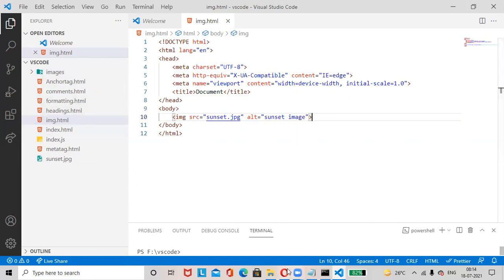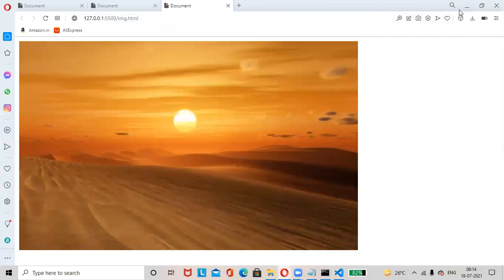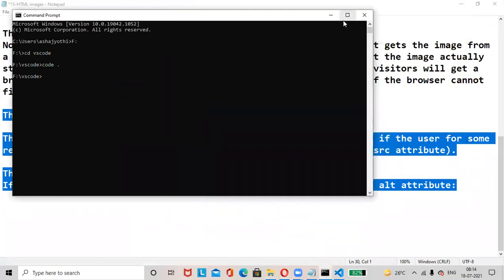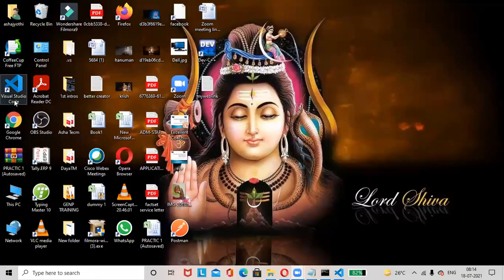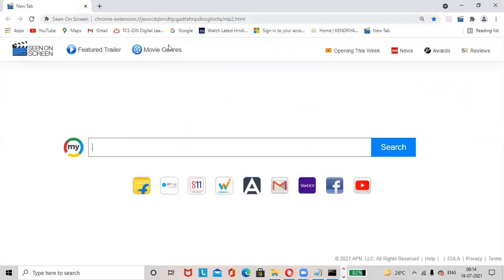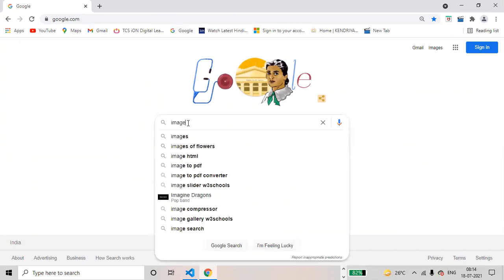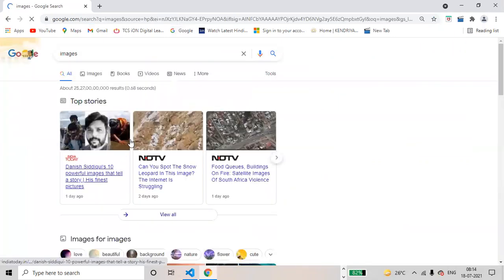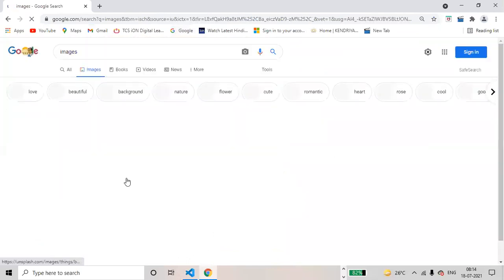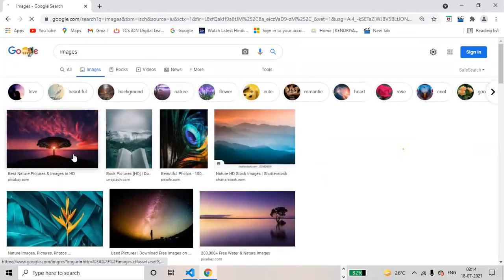Then next, go to Google Chrome. How to insert the URL of the image? Just search for images. Any image you require, you can select.